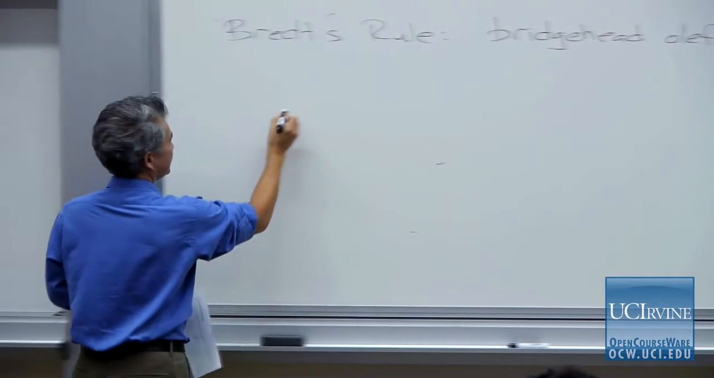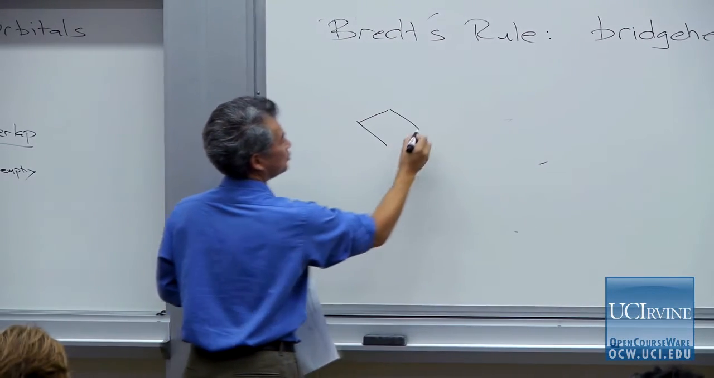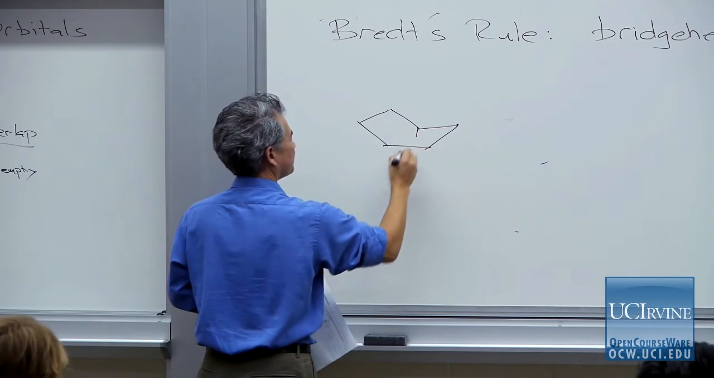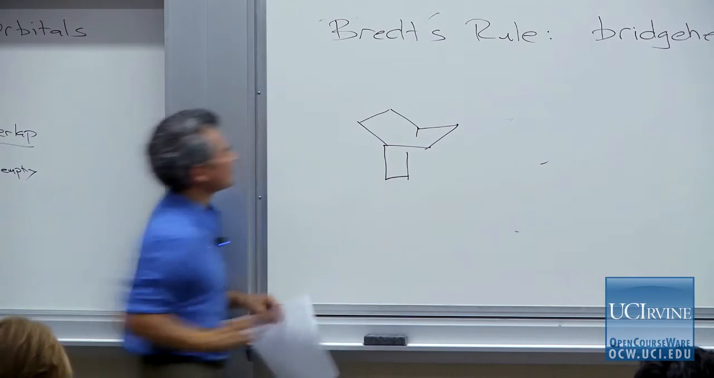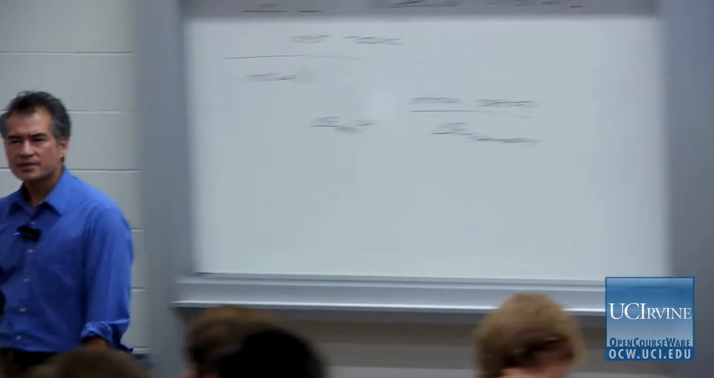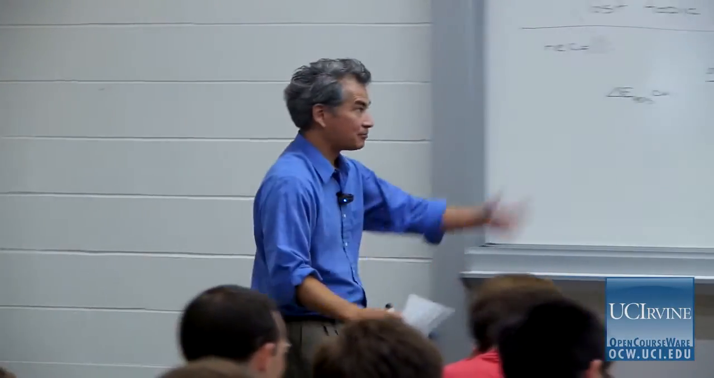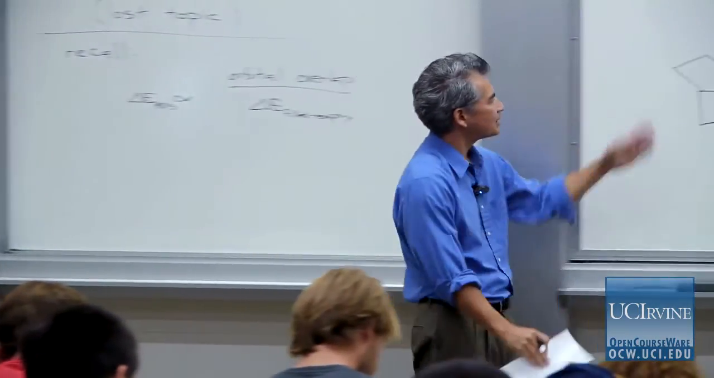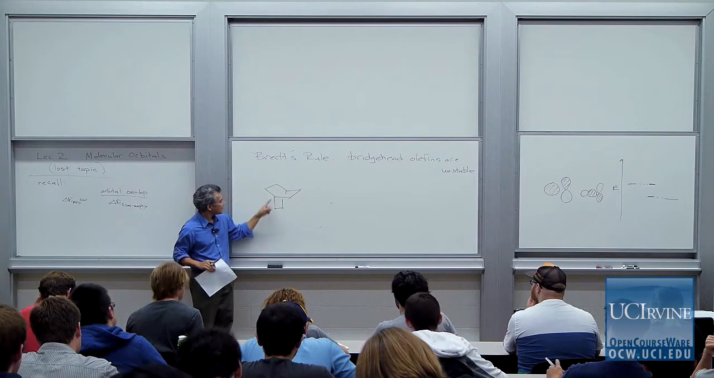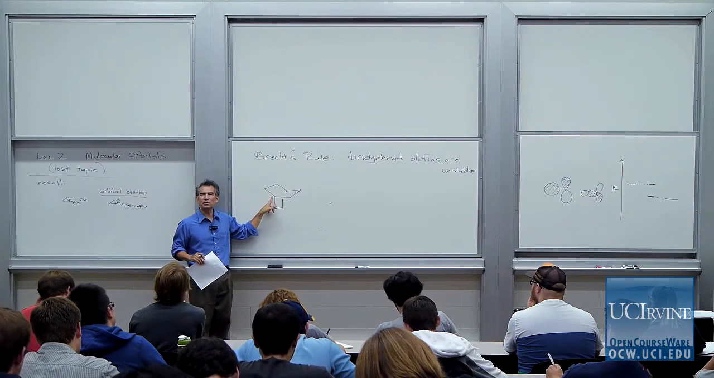So I'm going to draw out a bicyclic molecule. This is a bicyclo 222 ring system. And so there's all kinds of molecules and natural products and base reagents that have this kind of bicyclic structure. And what this rule is saying is that if I look at this bridgehead here, that's this point of intersection